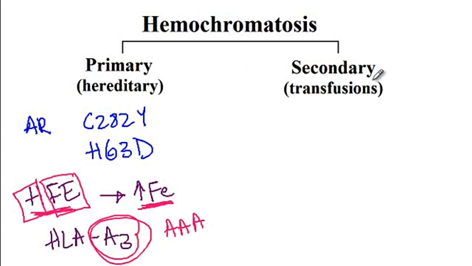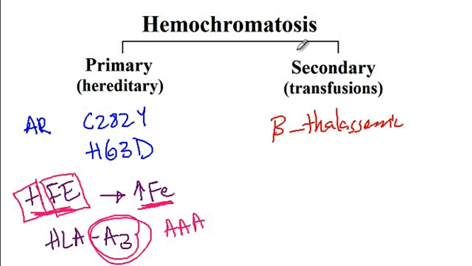Secondary hemochromatosis is due to recurrent transfusions, like for instance in patients that have beta thalassemia that requires recurrent transfusions, as a consequence of which there is accumulation of iron in the body that can lead to